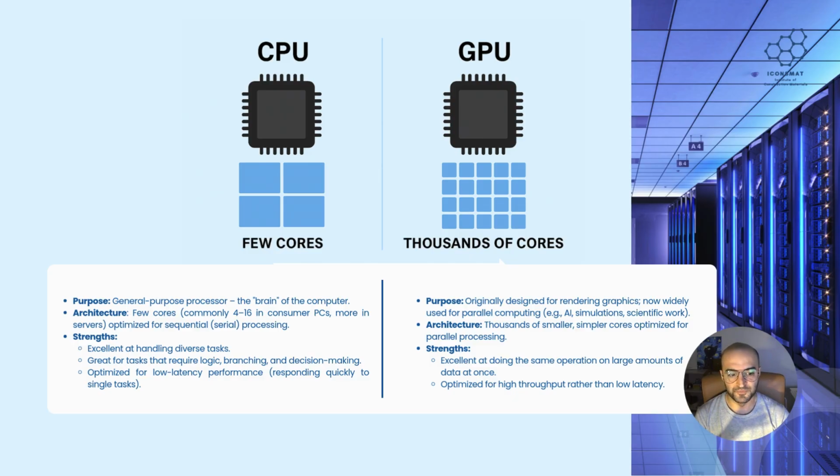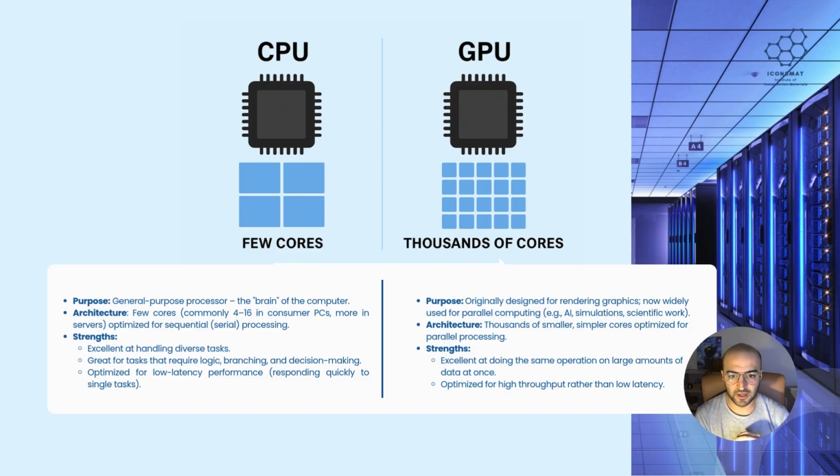Versus in a GPU, the cores are equipped with only a limited amount of ability. But all of those 1,000 cores together build a huge and more efficient machine. So if you like a fast response from a unit, it is better to go ahead with a GPU. But if timing doesn't matter to you and you have a limited amount of computing to be handled, a CPU is the best and more economical option. Another strength of the CPU is that it is optimized for low latency performance, responding quickly to single tasks.